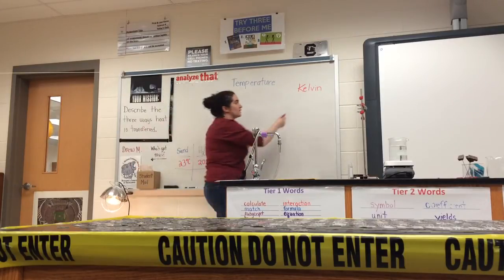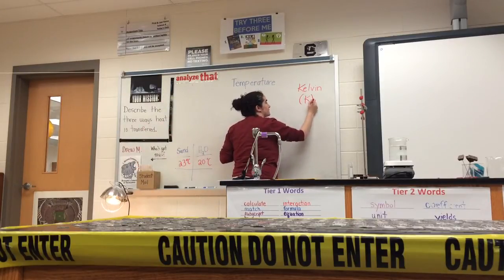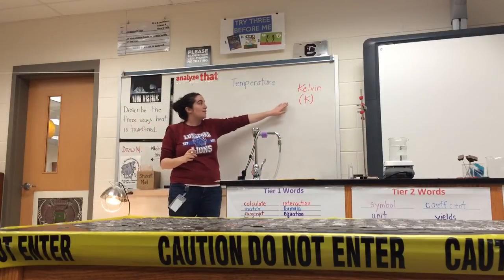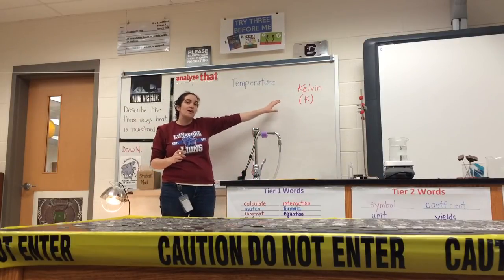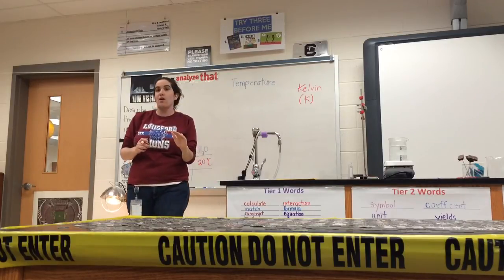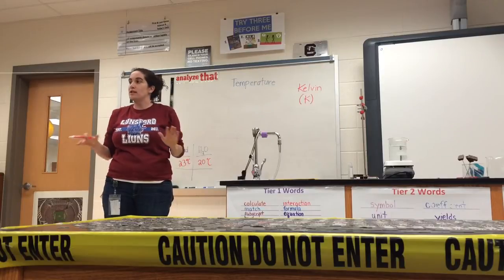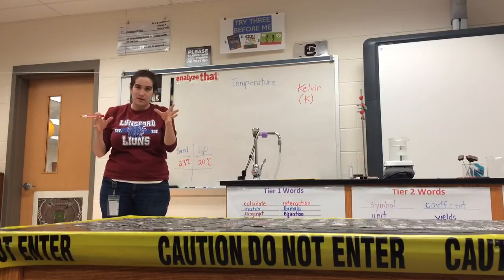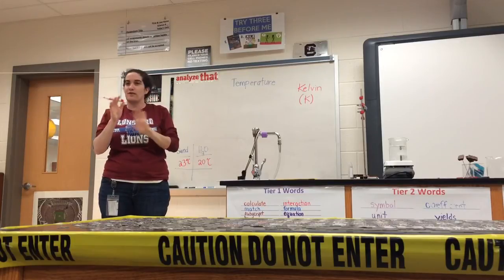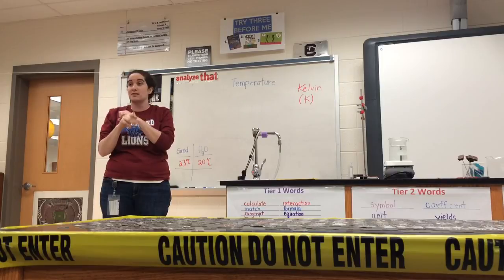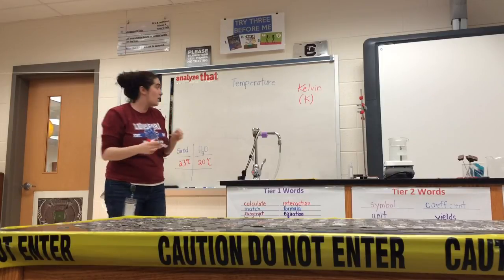Kelvin, the indicator for which is just a K. It is the scale that's designed so that the lowest point on the scale is where there's absolutely no motion whatsoever. In theory. In reality, there's all sorts of other physics things that get in the way with that. But in theory, this would be the place where all motion stops. Okay? And that's called absolute